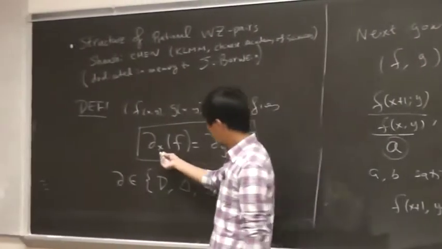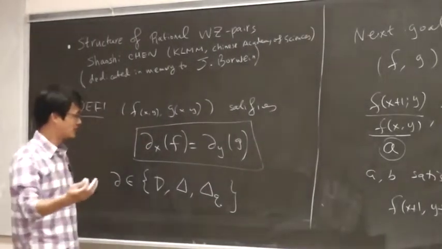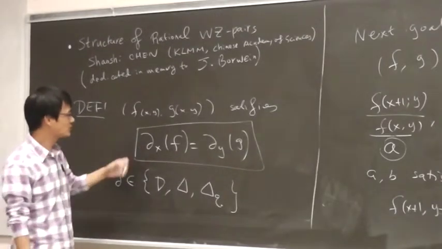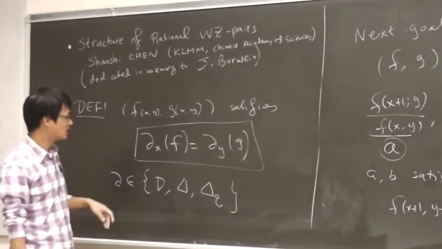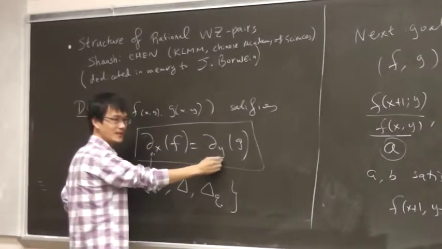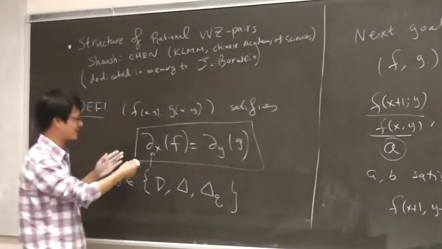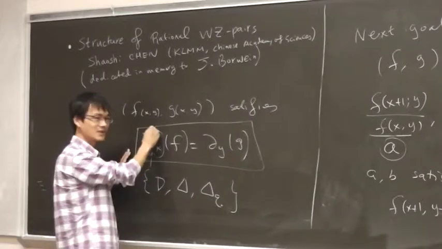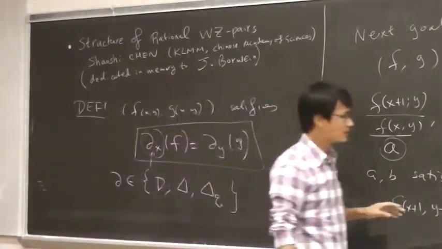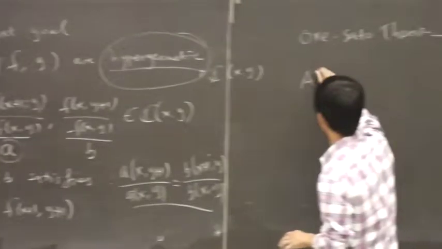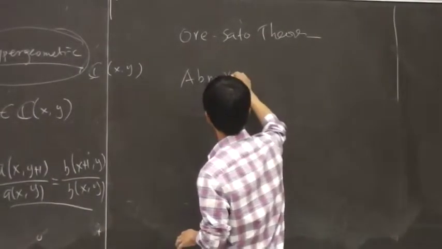Using the idea of creative telescoping, look at this equation. In terms of the terminology of creative telescoping, this just means that partial x is a telescoper for f with respect to y. So this equation is a very special telescoping equation. And we know that if a hypergeometric term has a telescoper, then this term must have a very special form, which is given by Abramov's